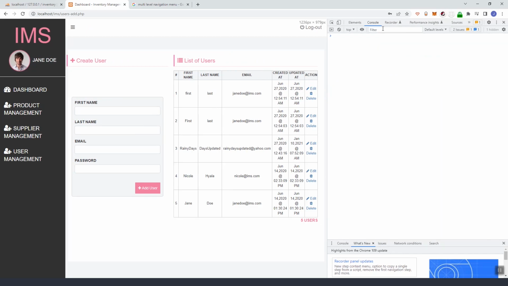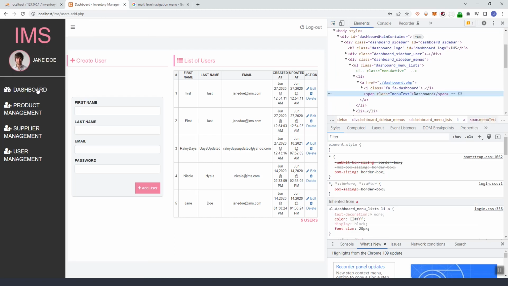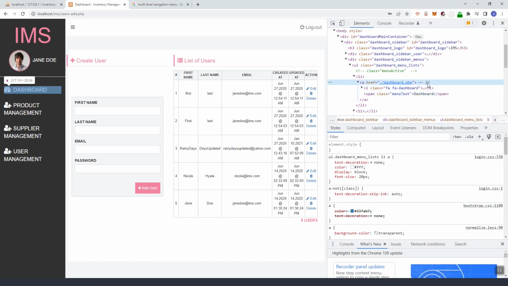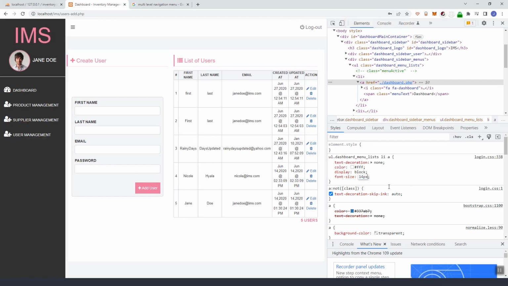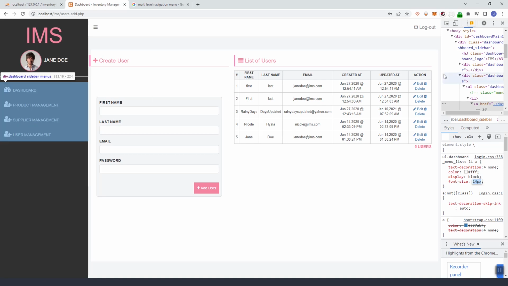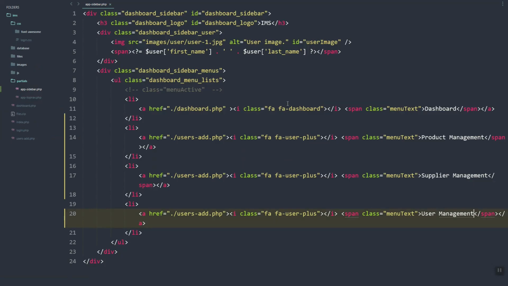So let's just open the elements, and then select this one, and then here the font size, we'll change this one, so let's do 14 px. So let's just grab that selector